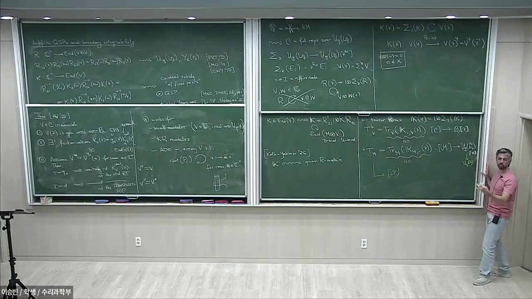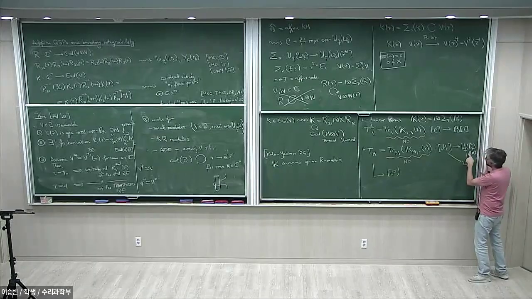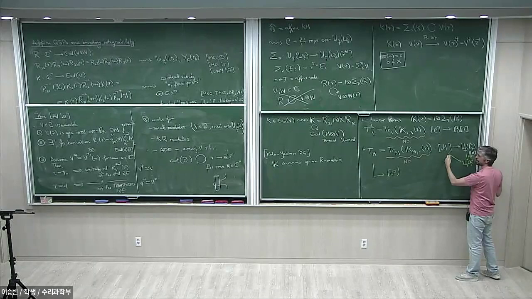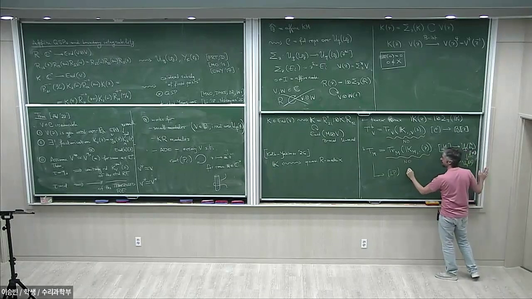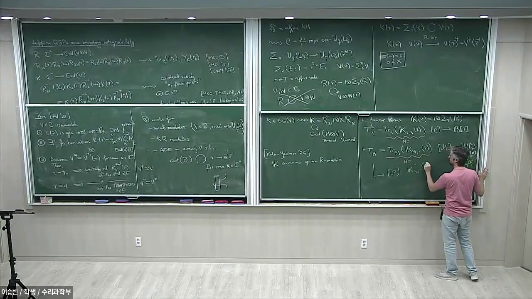This is exactly the procedure that Frenkel-Reshetikhin did. And so they construct a map. This is some kind of Harish-Chandra map. And they construct a map by using some kind of abelian K-matrix,